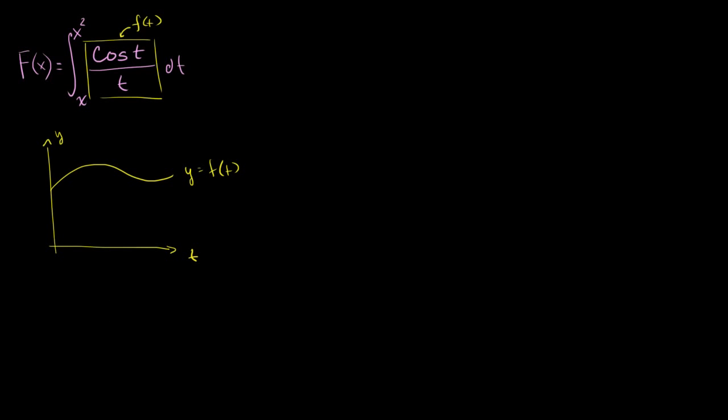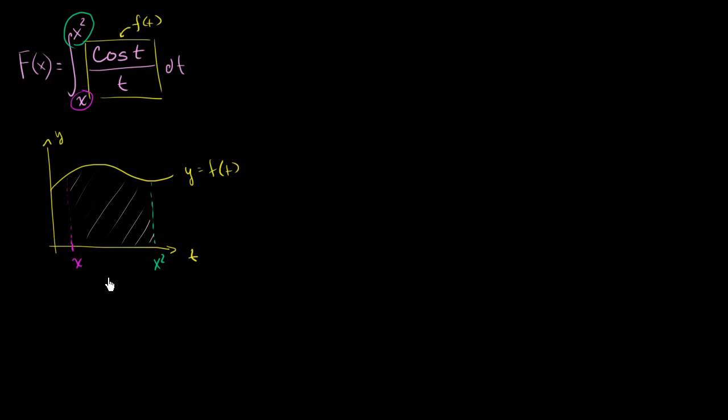So if we're going to talk about the interval between x, which is right over here, it's the lower bound, so x and x squared. It's the lower bound, at least for this definite integral. We don't know for sure. It depends on what x you choose which one is actually smaller. But let's just say, for the sake of visualizing, we'll draw x right over here, and we'll draw x squared right over here. So this entire definite integral is essentially representing this entire area under the curve.